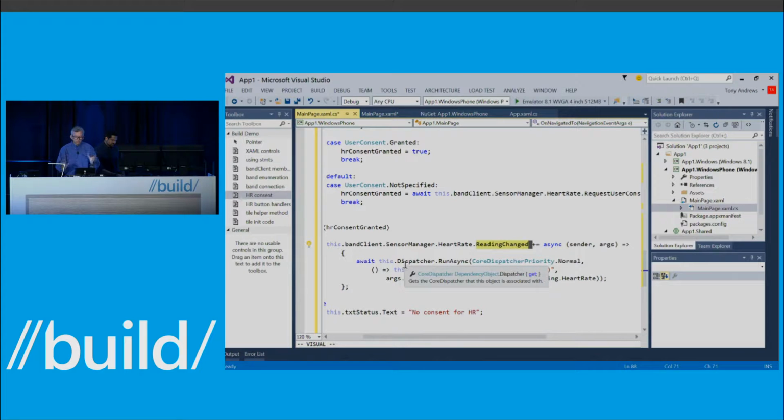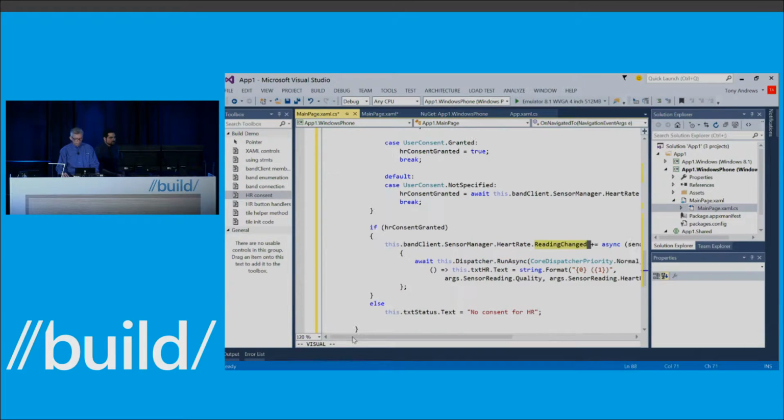And all we're going to do here is just go back to the main thread and set that text field that we looked at where we wanted to show the heart rate information. And we're just going to format that using both the quality and the heart rate number. So we'll see whether we're still acquiring a lock or whether we've actually gotten locked onto the user's heart rate, and then we'll see what the value is. And then just for completeness here, if we didn't get consent, then we'll just note that in the status field.